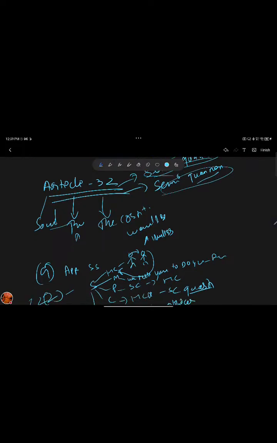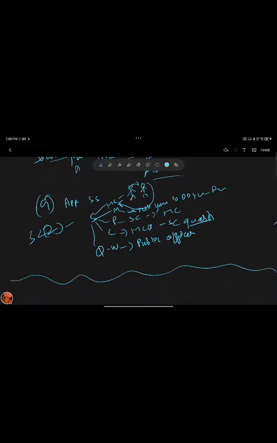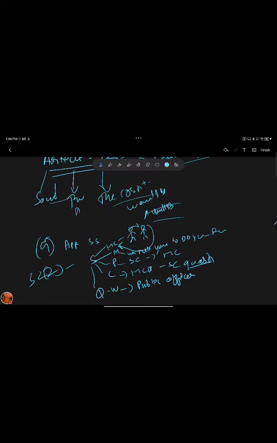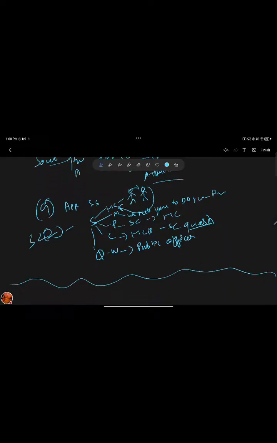Soul of the Constitution. The Constitution will be a nullity without Article 32. The first one is that the Constitution would be a nullity without Article 32. The second one is that there are some writs there. The third and fourth are different. Let me see what is the actual procedure. So first one is power.